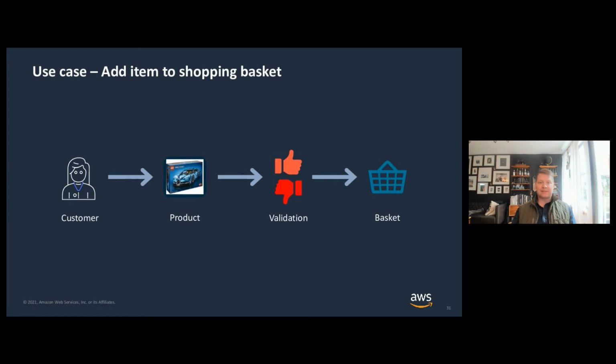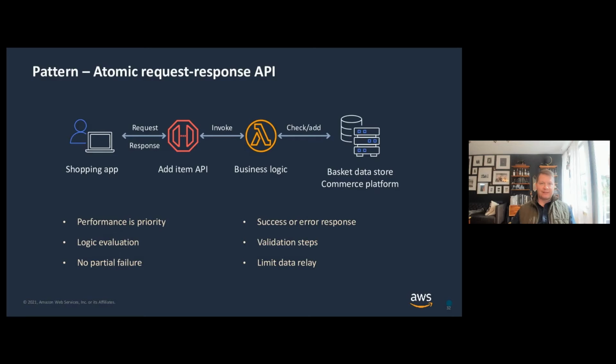So the first use case after the tax system was the shopping cart. So you have another use case. It's pretty good to decouple, where a customer wants to put a kit, and in this case, I can see it's the Bugatti, into the basket. And in there just needs to be a really quick validation of did it work or did it not?